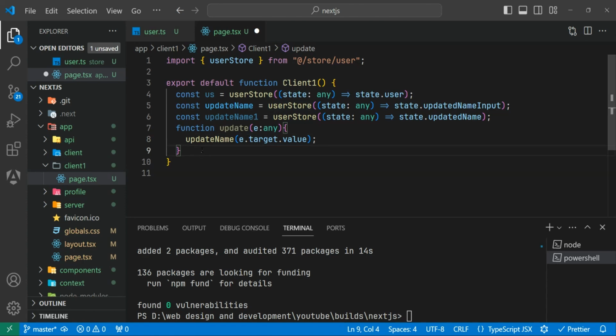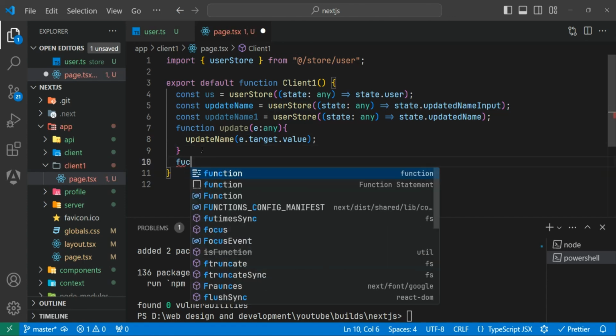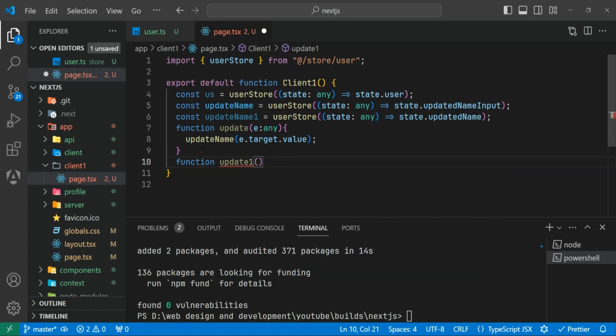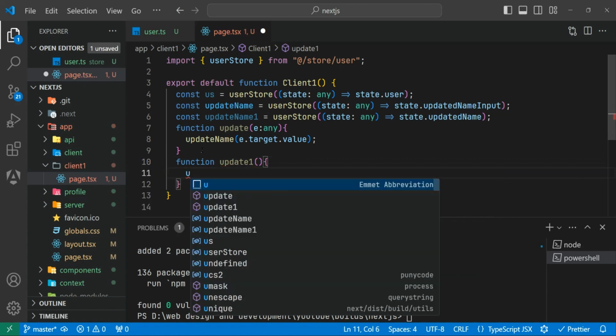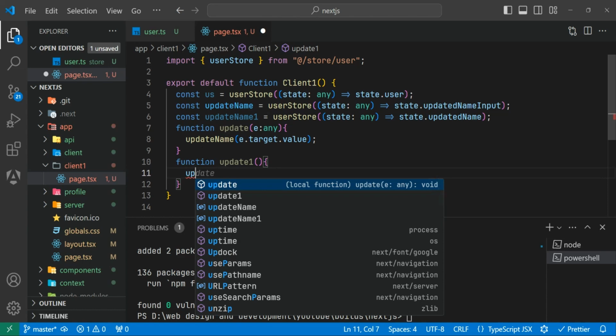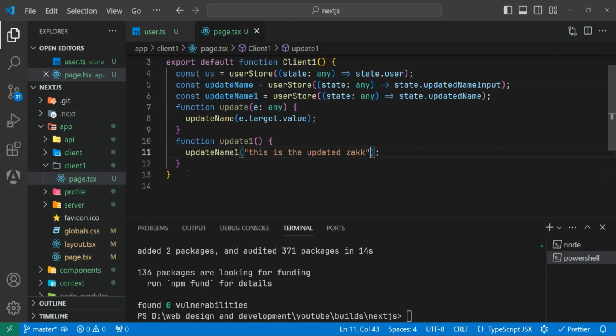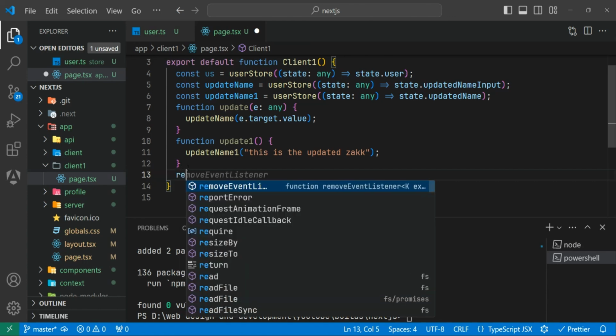And the other is, let's create another function, update one, and let's give a function update name one, and inside this let's render this is the updated state, and let's save this. Now we have created these two functions. Now we can render them, return,